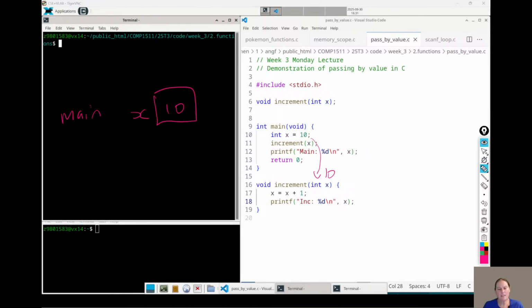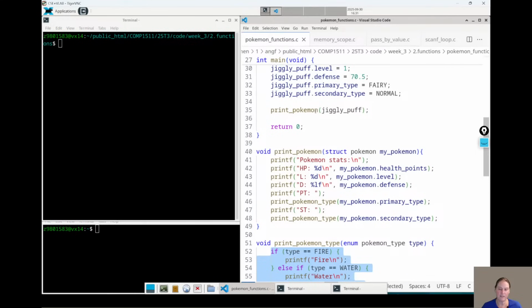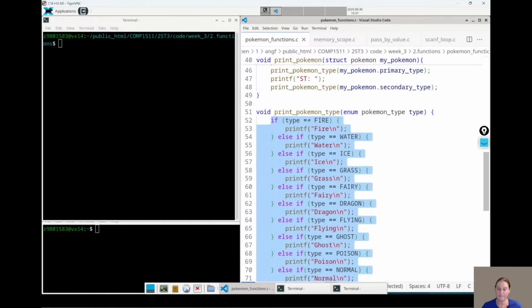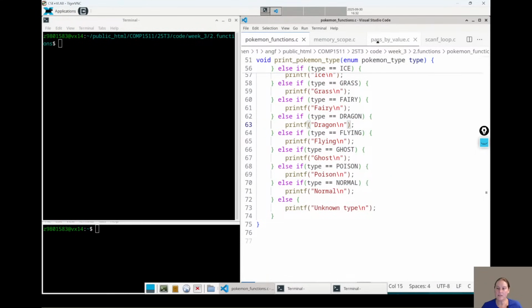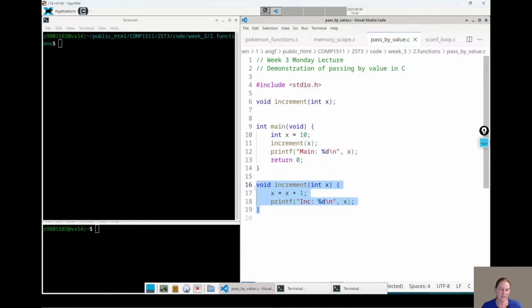Now, some people are asking, why would you do a function like this? And somebody asked it for the last one. You probably wouldn't do this, right? We're just trying to show you the simplest example. When I showed you a useful example that really demonstrates why you'd use functions, it gets quite complicated, right? So yeah, you could just do increment, but we're just trying to show you the simplest version of a function that demonstrates this particular thing. So when you see a more complicated one, you'll understand how it works.